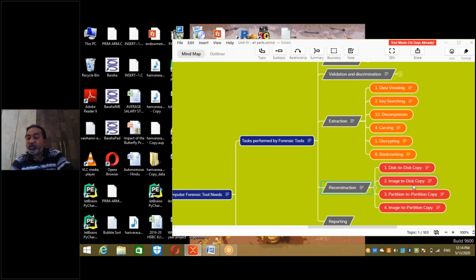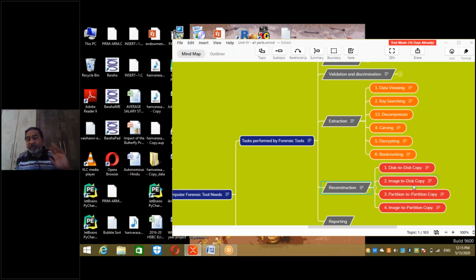Next, image to disk copy. You have an image that has information about partition details that can be taken onto a disk. Right? Partition to partition copy can be done. Image to partition can be done. As I said, image is exact arrangement, details about how the data is arranged on the disk, that is image.